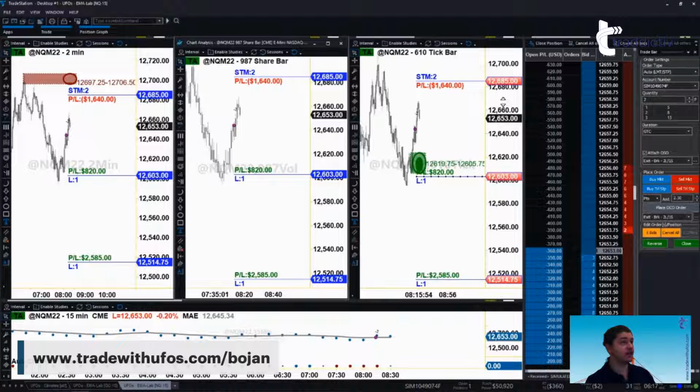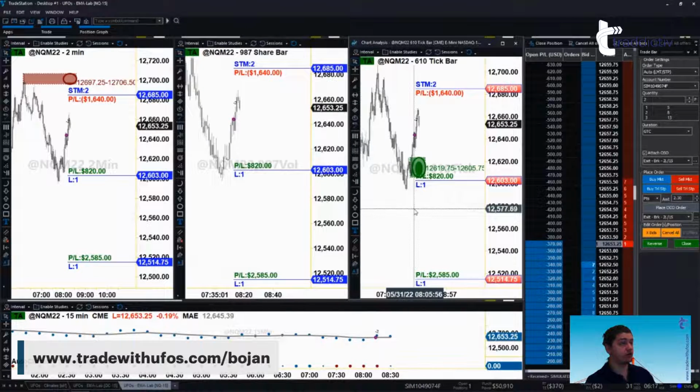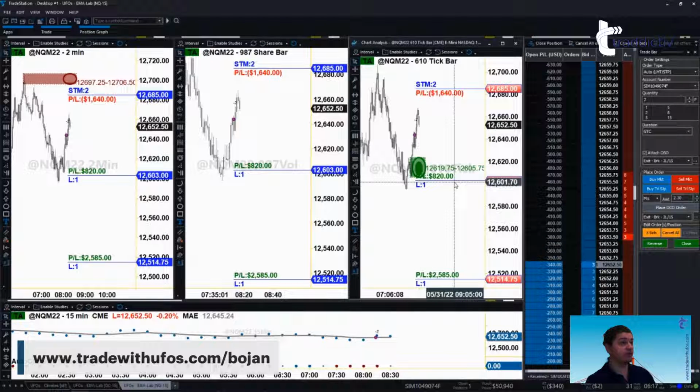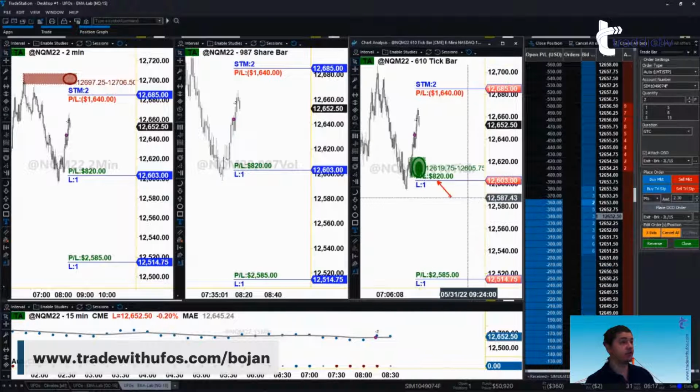Last but not least, we have our entry and then our stop. We have our T1, which is down here below. T1 is supposed to be a 1-to-1 setup, right? And of course we take 50% off at this T1. Obviously, we're only trading two contracts here, but if this was four, this would be two, and so on. But nonetheless, 50% of it you're taking off the table at 1-to-1.